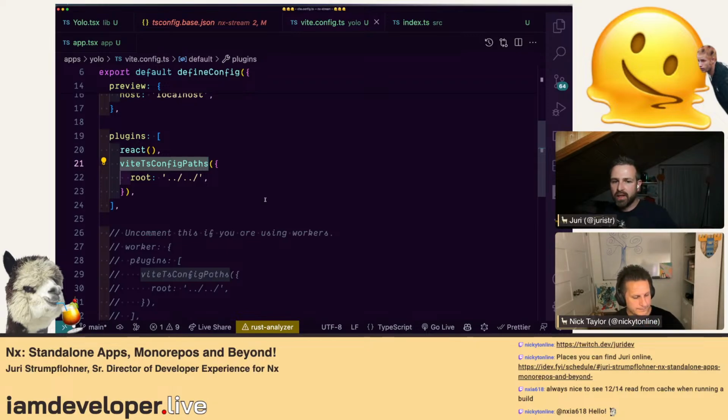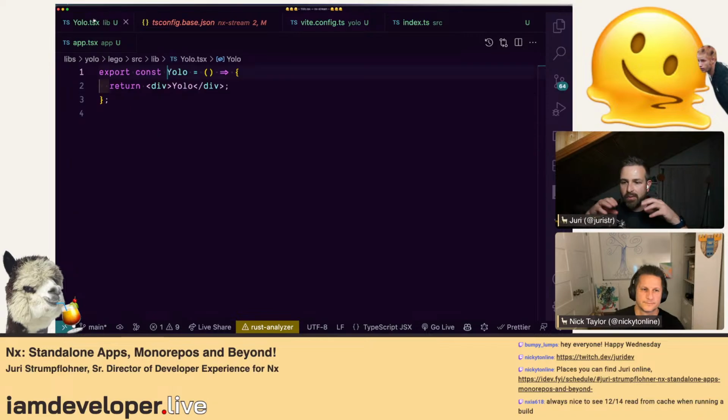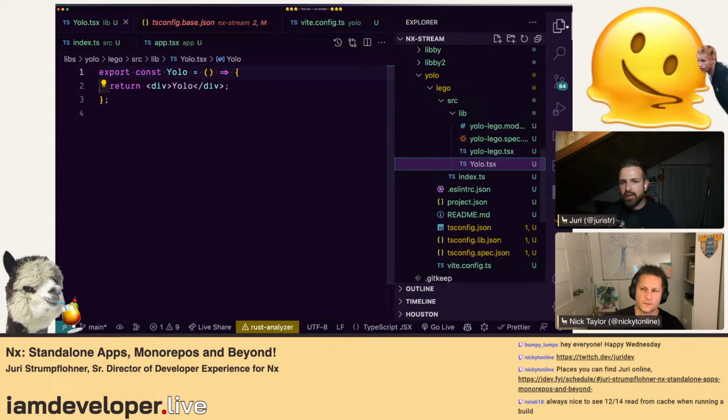And here we just give it basically where the root is, right? And so it goes out, finds that tsconfig, and from there it also understands how to compile. But since that library, we chose it to not be buildable, when you build the app, it would just pull the sources in. Same for Webpack, right? Oh, okay, I see what you mean. So it's not really a scoped package because it's not published. It's really just for internal builds. Exactly.